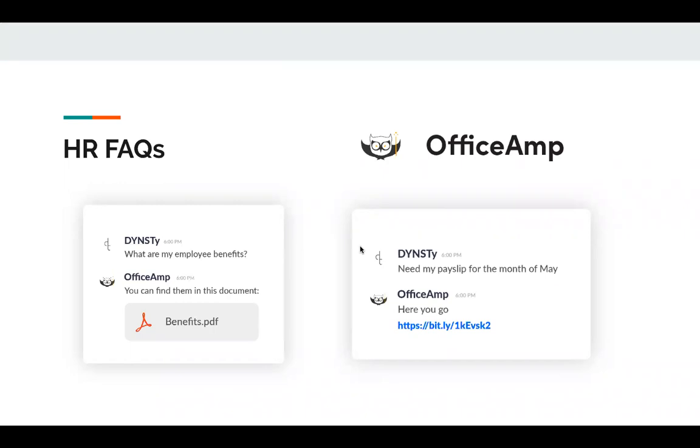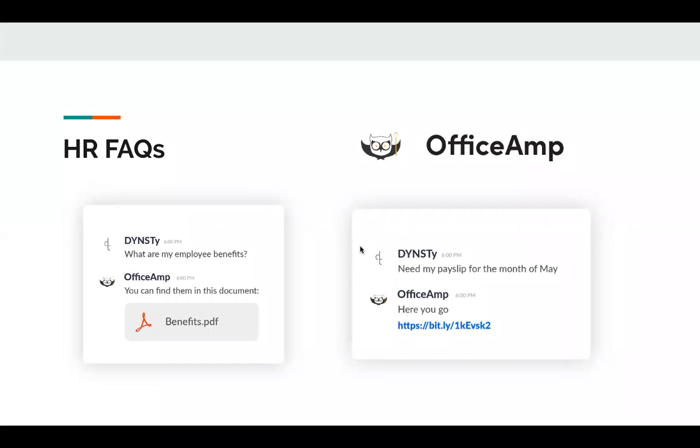So now we'll be talking about how Office Amp as a tool addresses some of the HR FAQs that we may have, right? A large part of our day goes in answering questions that employees ask related to pay slips, onboarding documents, hiring documents, procedures within the organization, etc. So we've built this in-house tool called Office Amp, which you can just add to Slack. And you can go ahead and create some of the FAQs within our knowledge base section, and this will aim at auto resolving all of the questions that employees ask on a